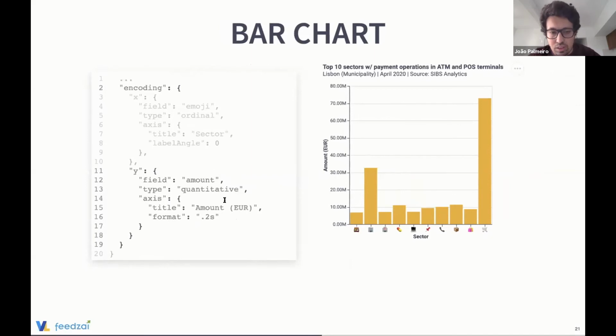This is a quantitative variable type because it's a continuous variable, it's money. I think it's common sense. And also for the axis, the guide to help people interpret these bars, I want this title with the unit, and also I want this format. This format maybe looks a little bit odd, but it's basically following a library of the D3 ecosystem, D3 format,